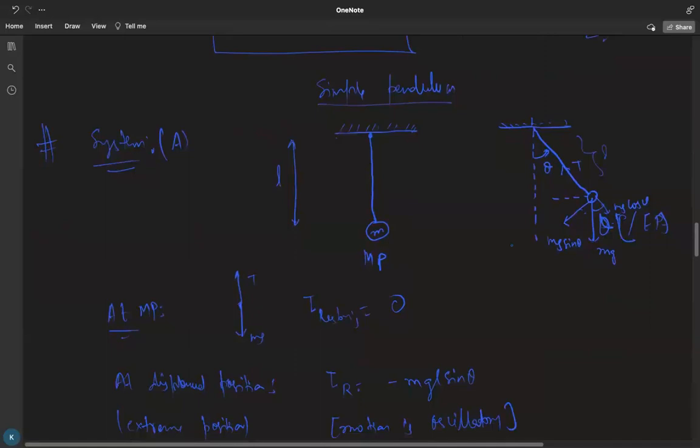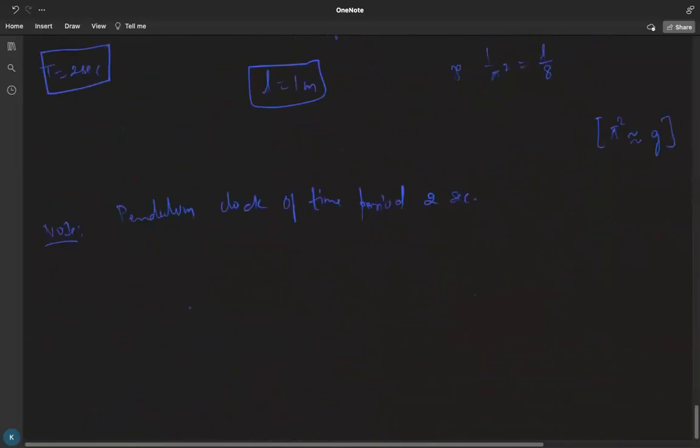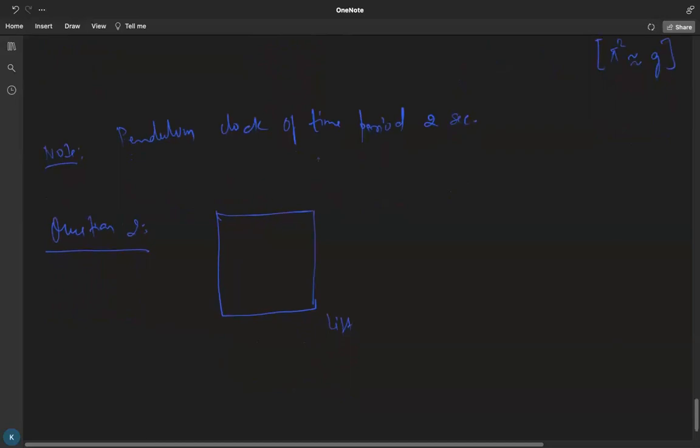But what if some other force also acts on the pendulum? We have to consider this. So let's take a system, take it as question 2. This is our lift, and the lift is going upward with acceleration a naught. From its ceiling, I take a string and attach the mass M, and the length of the string is L. And then I'm telling you to find the time